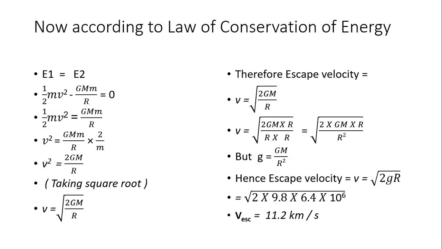The spacecrafts which are sent to the Moon or other planets have to have their initial velocity larger than the escape velocity so that they can overcome Earth's gravitational attraction and can travel to these heavenly objects. So we conclude the lesson over here.